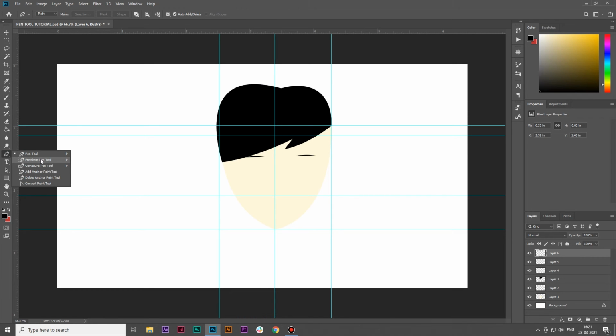Now I want to tell you one more thing. You can use the curvature pen tool to perfectly make your curve. Simply click a point, click here for another point, one point here. Now you have a perfect curve. Like this. Repeat it again. Now you have a perfect circle or oval, you can say. Just press Ctrl Enter. Now your selection has been done.